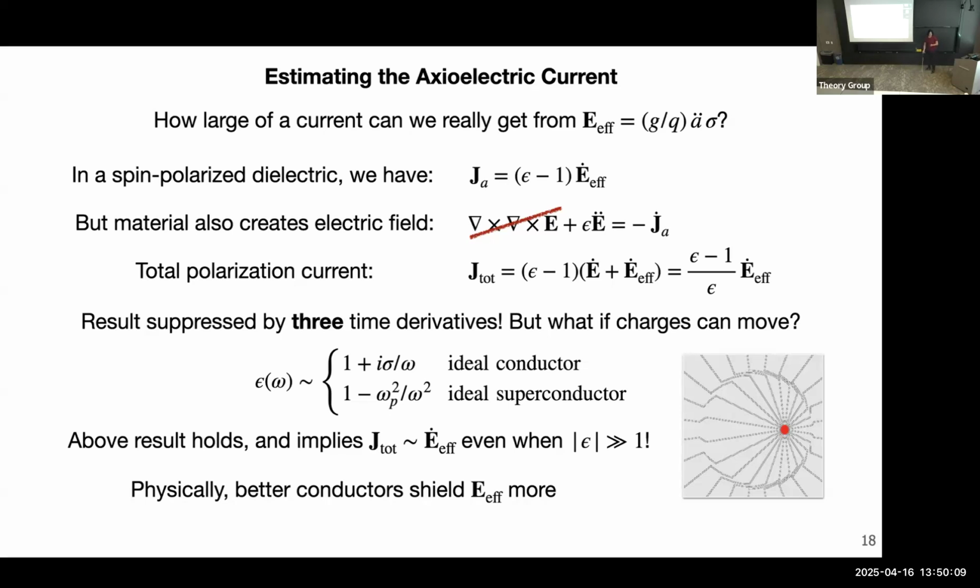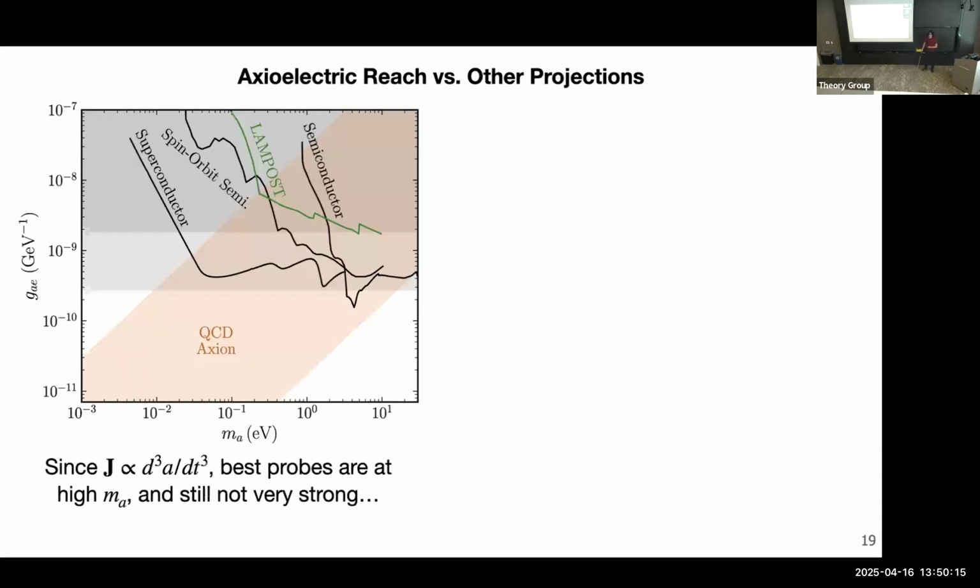So that's very discouraging. Still, you can think, well, we can still try to get some constraint from this. Because it's proportional to the 3rd time derivative, and each time derivative gives an axion mass, we should probably crank the axion mass as high as we possibly can. And so the highest mass that you could have and still be ultralight dark matter is around the eV scale, which corresponds to extremely fast oscillations like those of optical light.